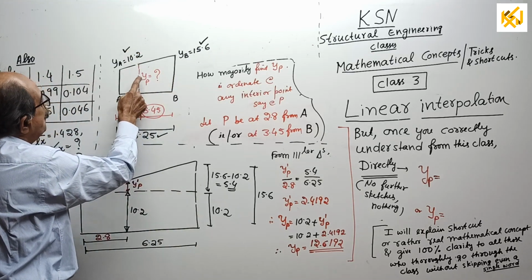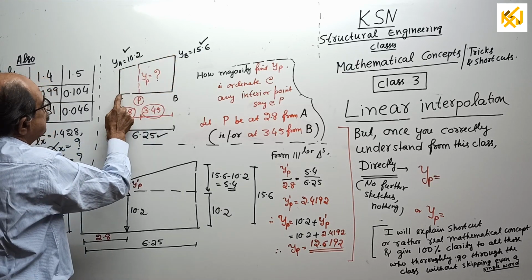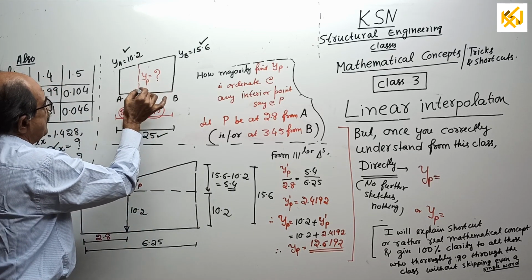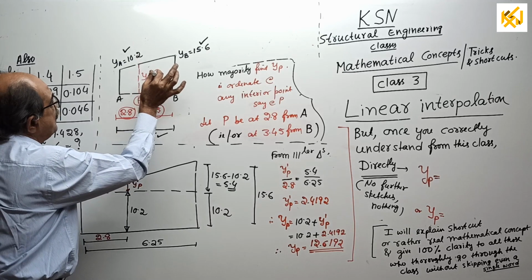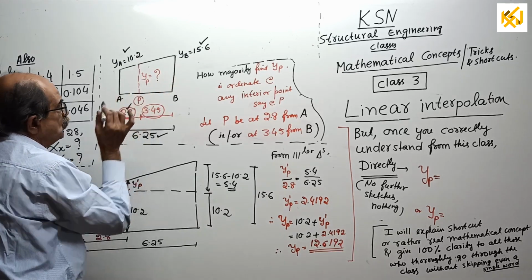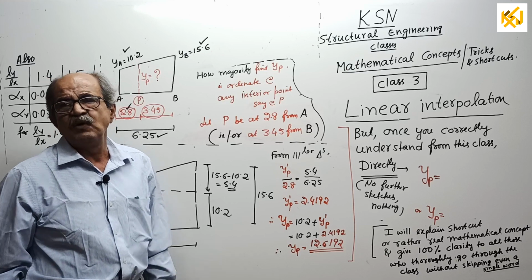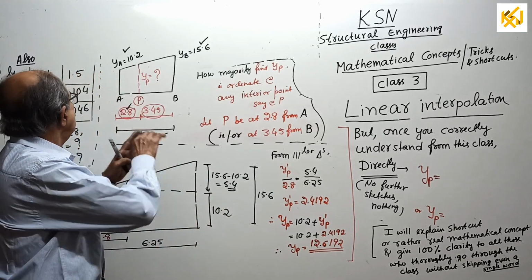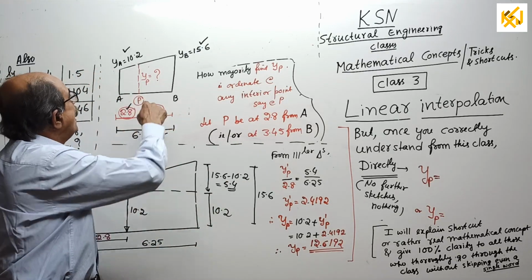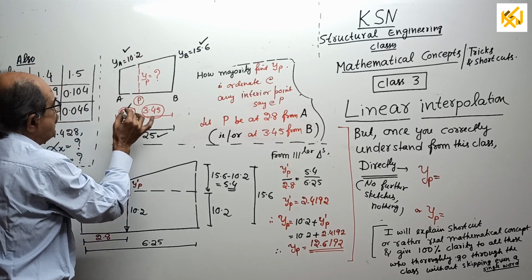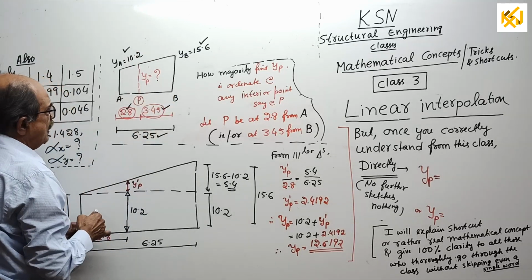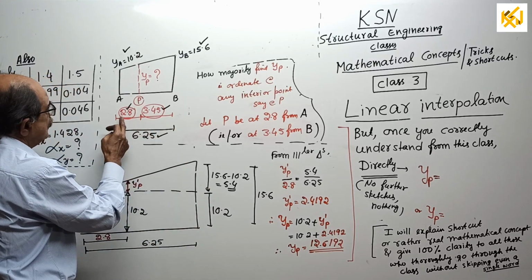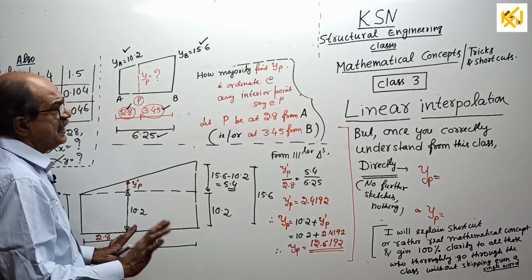I have written in red color: Y at A known, Y at B known. From here to here, some distance you have to go. Remember, the P point I have taken is 2.8. YP is unknown, 2.8 is known. Known means given, either given in the question, or you require it for some reason, so you will be knowing it. After coming by this distance, what is the ordinate? If 2.8 is known, 3.45 also is known. Why? That is simple mathematics: from 6.25 subtract 2.8, you get 3.45. So make all these notes.